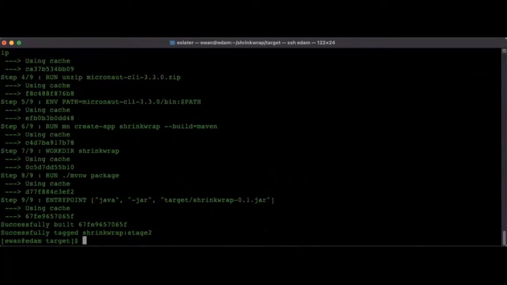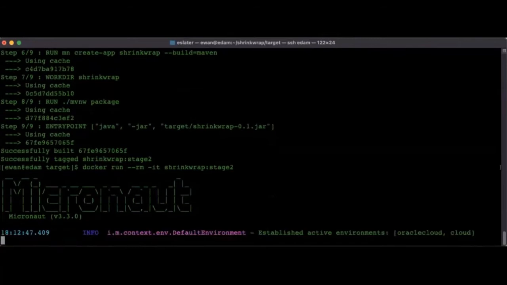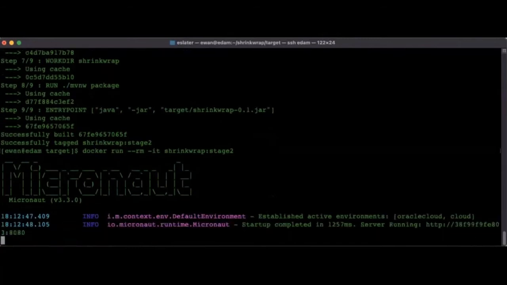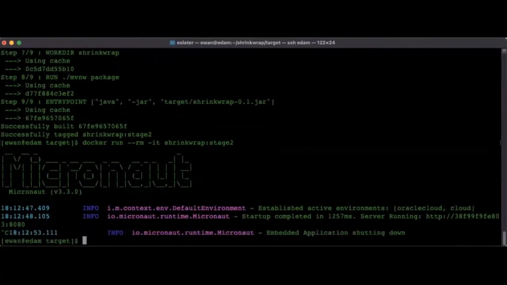So we run our build, we get that, and we should be able to. So again, that's running. So the third stage